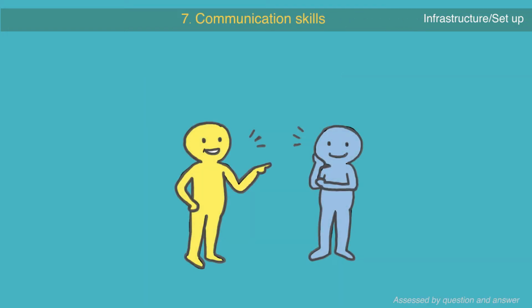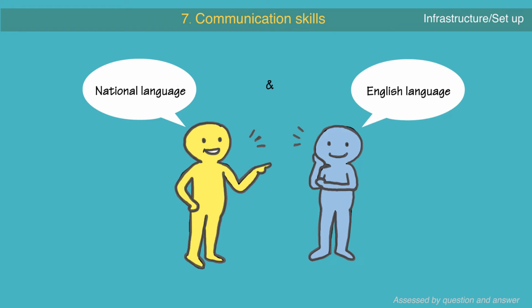Number 7. Communication skills. This requirement is usually easy to check during the audit because the audit is likely to be held in English, and one can assume in most cases that the centre staff is able to communicate in the national language. If the audit was held in the national language rather than in English, then it is advisable to do at least part of the remaining audit in English to assure that the centre staff is able to communicate sufficiently in English. This is necessary for the interaction with other UCAREs and within the global UCARE network, as well as for the management of non-native speaker patients.